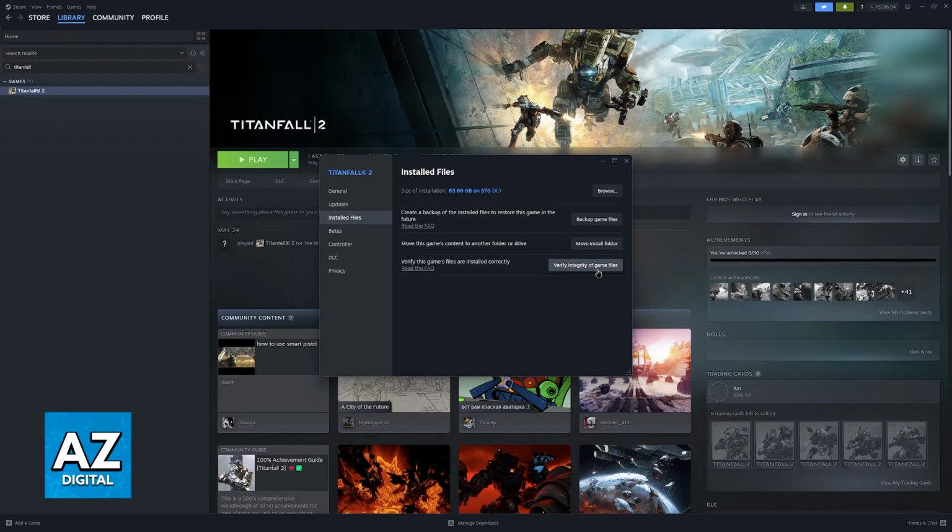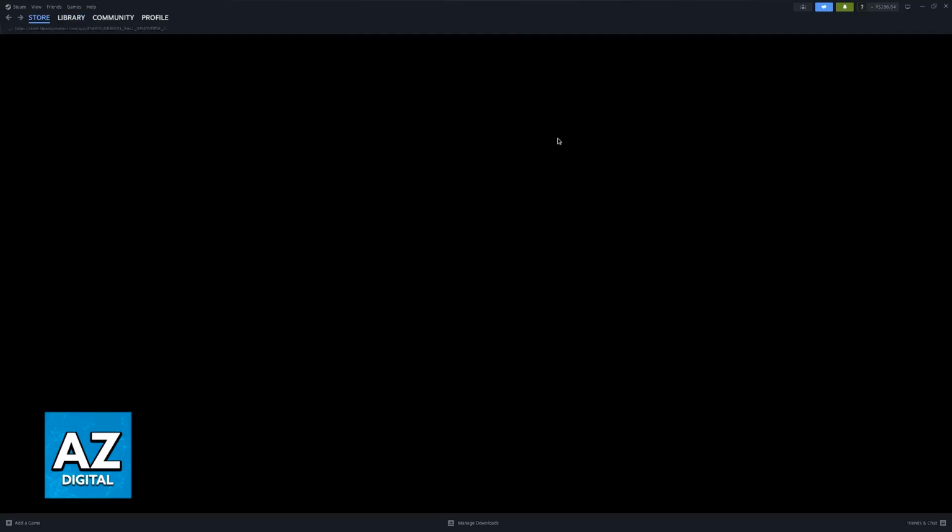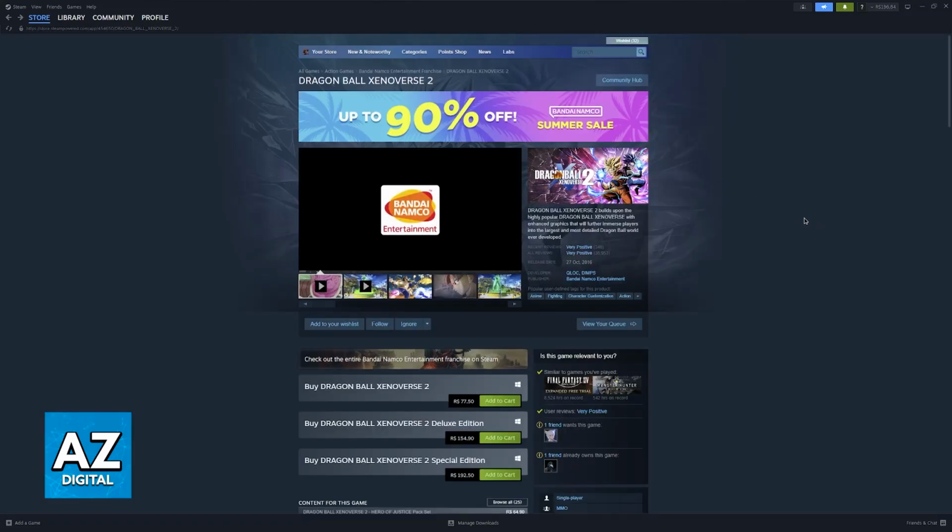By doing this, it's going to detect if any corrupted files exist within the game's installation folder, and they are going to be reacquired. So always do this. It's a process that's going to scan your PC for the game, and after it is done, you will be